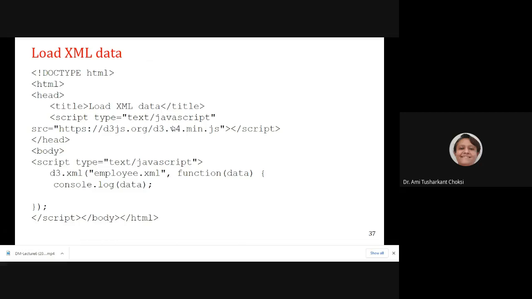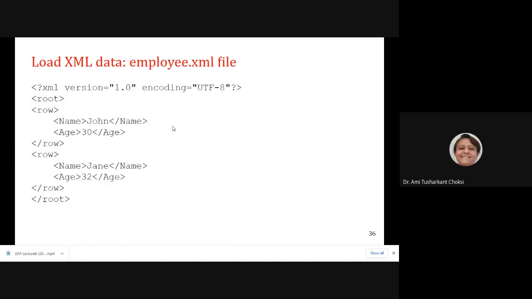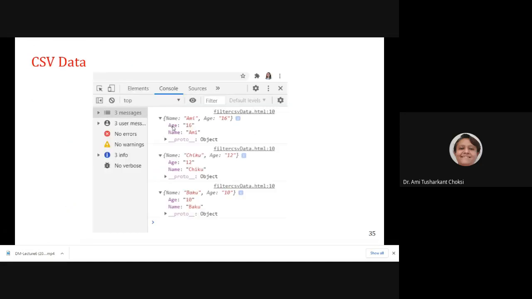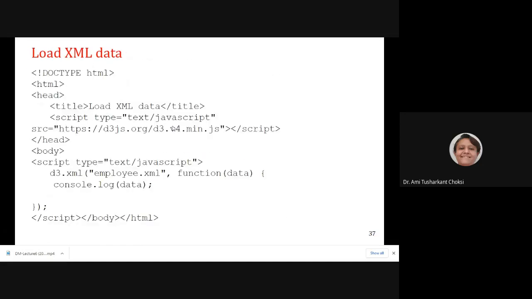For most of the scripts, we'll be using the fourth version only, right? So this way we have loaded the v4 d3 JavaScript. Now in the body tag, we'll write script type equal to text/JavaScript, and inside that